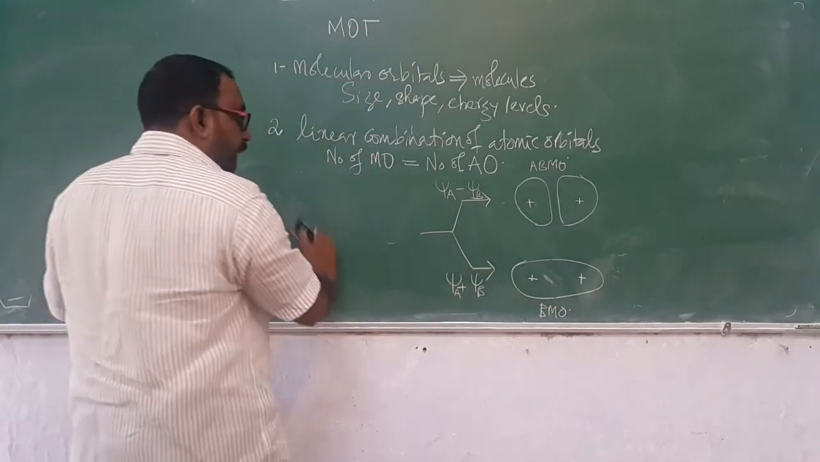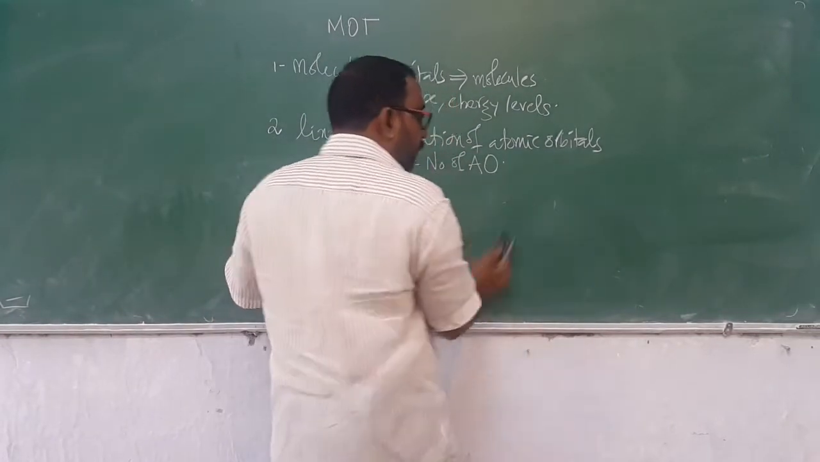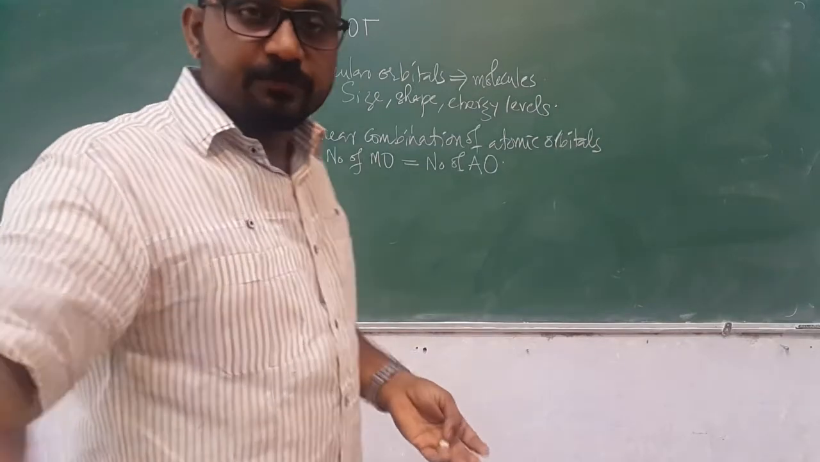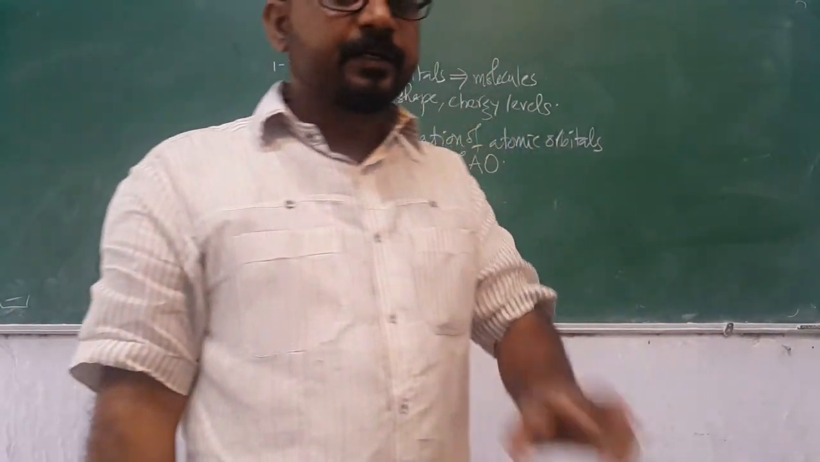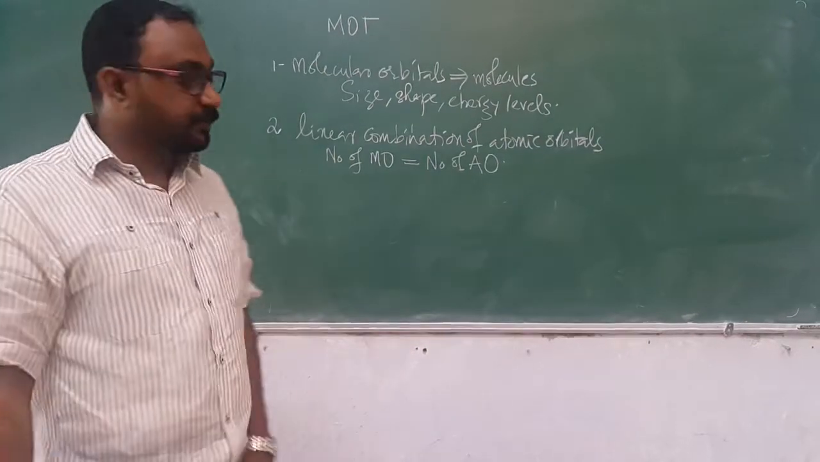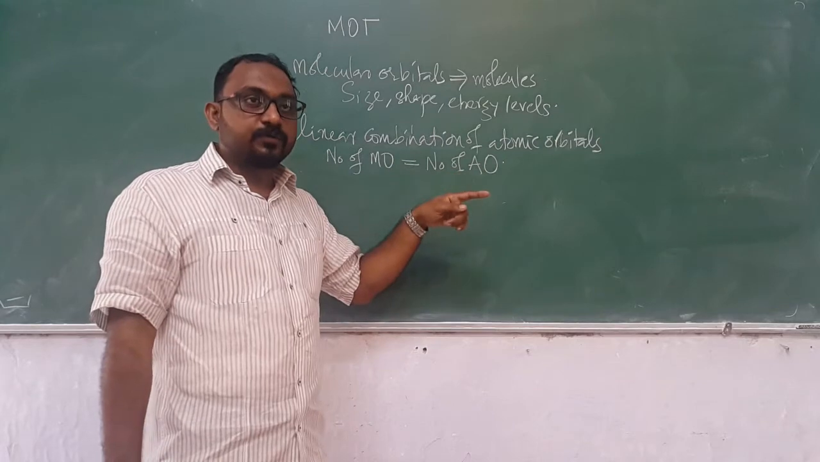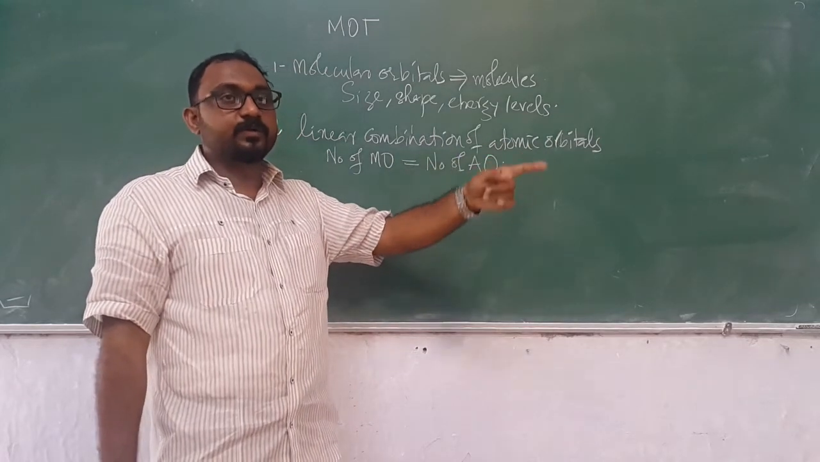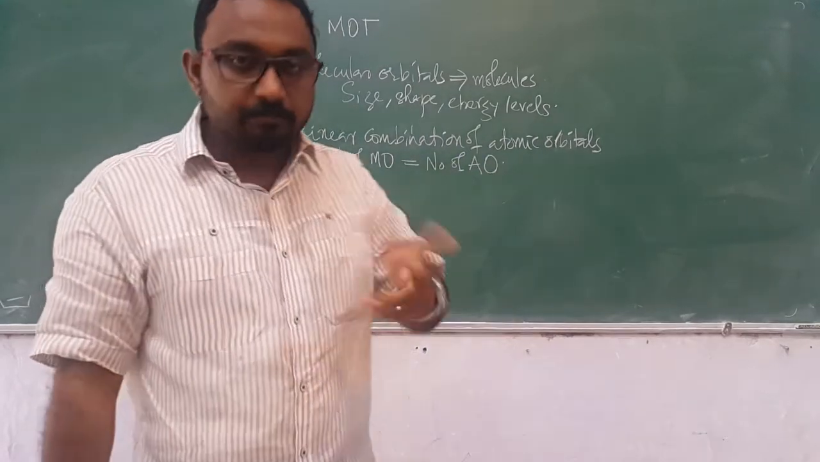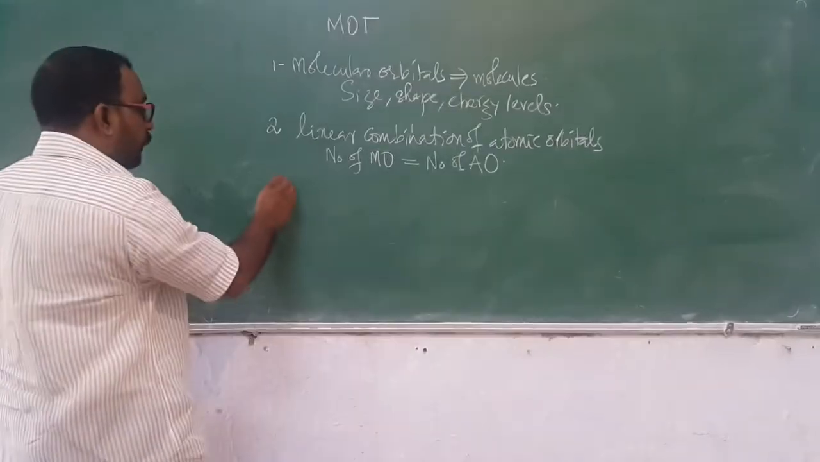So point number 2: a molecular orbital is formed by linear combination of atomic orbitals. It could be subtractive, but you don't have to say subtractive mode or additive mode. You just say that the number of molecular orbitals formed will be exactly equal to the number of atomic orbitals combined. And one more point you have to say, the third point,